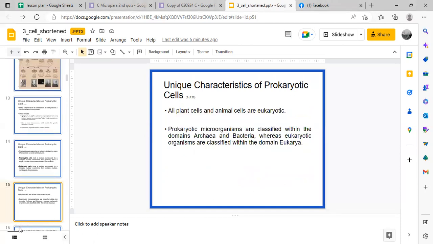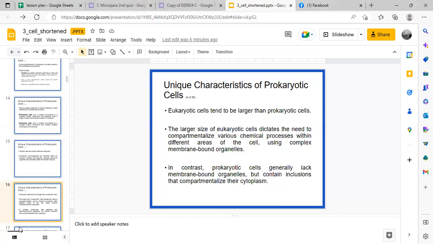So yung mga prokaryotes, nandyan sa domain ng archaea and bacteria. While the rest under the domain eukarya. So that includes animal and plant cells. So because yung eukaryotic cells, mas complex ang energy needs ng eukaryotic cells, kaya kailangan niya ng mitochondria at saka mga membrane-bound organelles. Yeah, in prokaryotic cells,